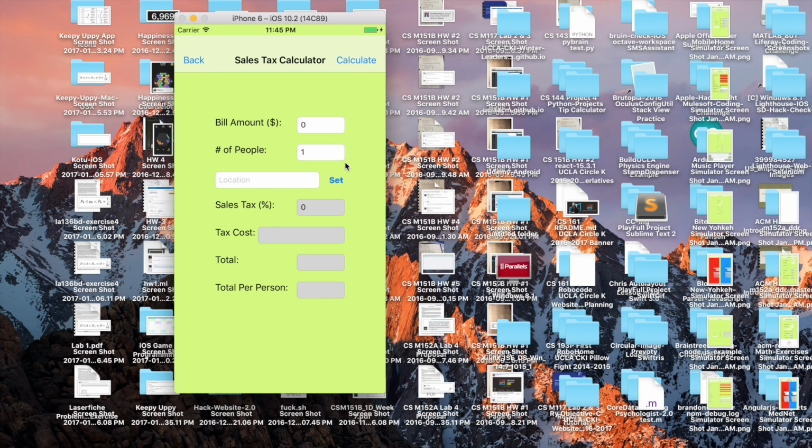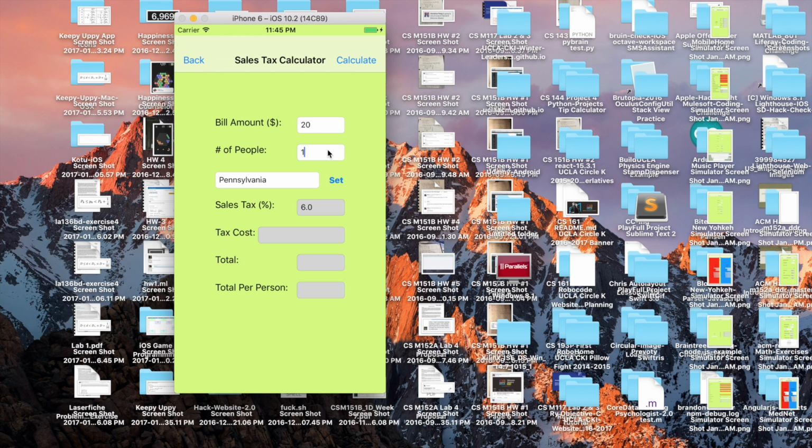So since Penn Apps was in Pennsylvania, I had the idea of figuring out exactly where in the United States you were and determining like how much you have to pay for sales tax in that regard. So let's set this over to Pennsylvania, which has a 6% tax rate. Let's say you're spending $20 and